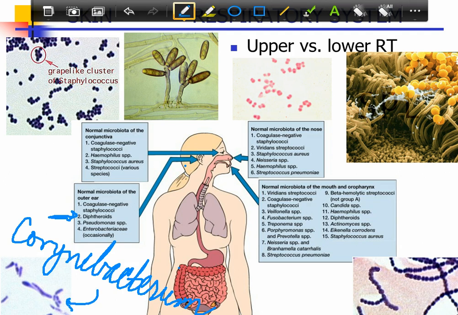It's a short gram-positive rod, kind of odd shapes, sometimes called drumstick shapes. Here's your typical staph, and here's a fungus that's often on skin. So if you go over to the right